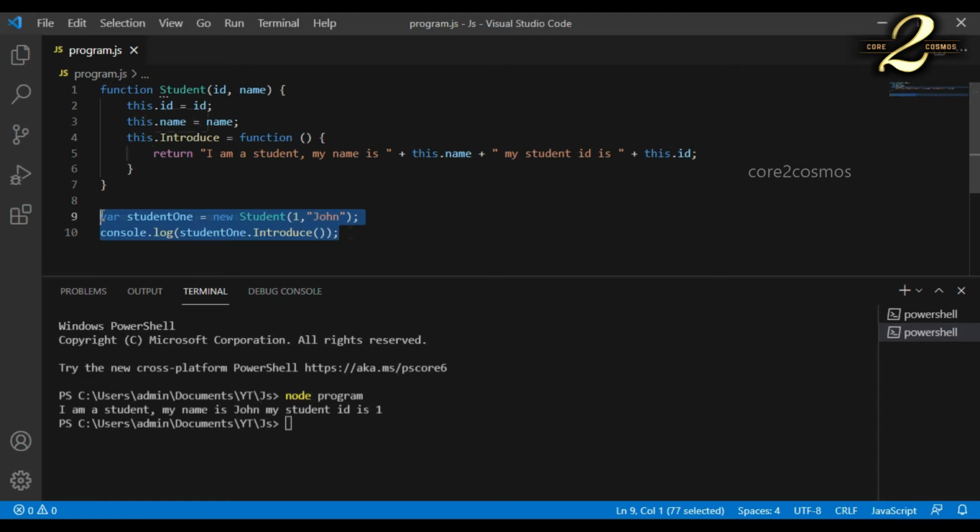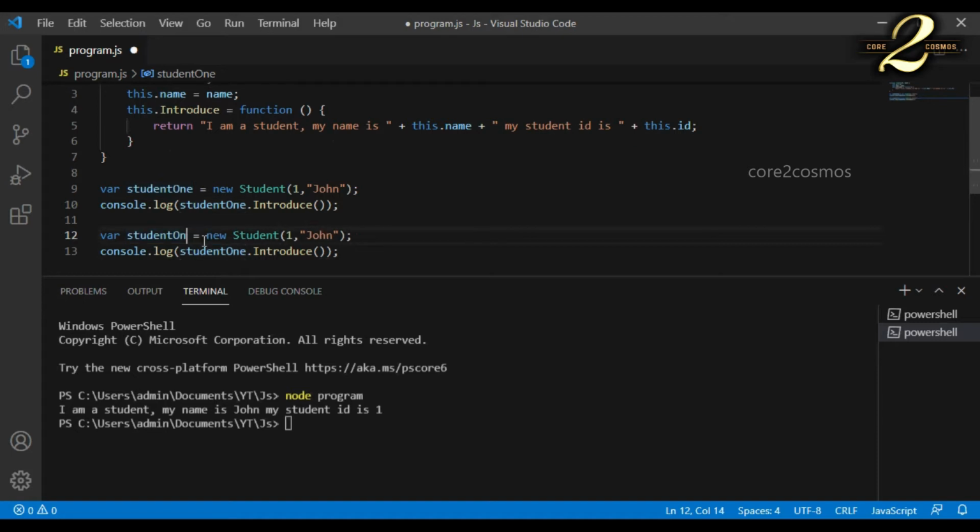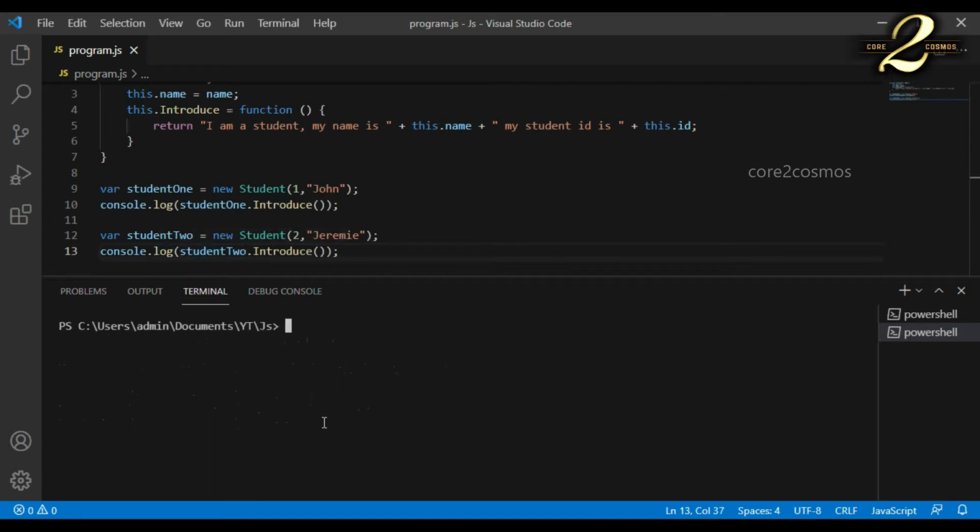It is not necessary that I create only one object for a function constructor. I can create as many objects as I want, right? So at line number 12, I create another student by saying var student2 equal to new student. This time I will pass the value as 2, and for name I will pass the value as Jamie. At line number 13, I say console.log student2.introduce. Now I clear my terminal window by saying CLS, and when I run the code,